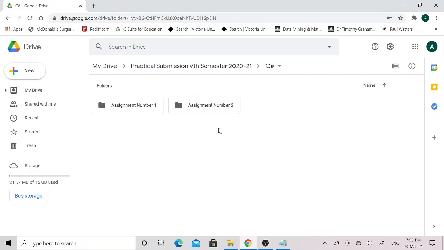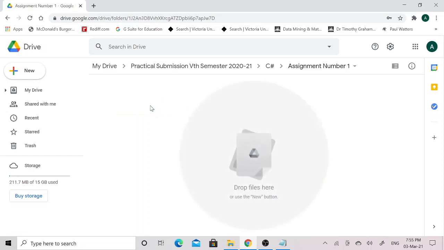For example, for the practical examination for the subject C#, if your faculty has conducted 14 assignments, then you need to create assignment folders like assignment number 1, assignment number 2, assignment number 3 up to assignment number 14, and in the respective assignment folder you will have to upload the images of the given assignment.